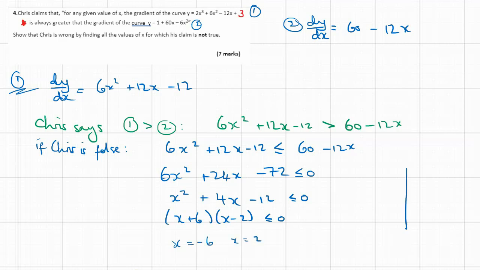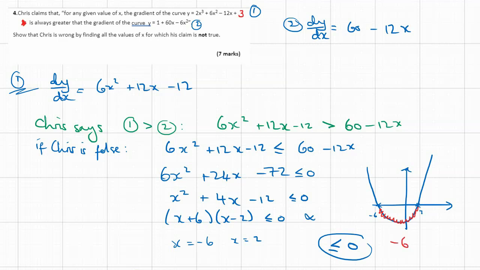I'm going to plot a quick sketch of this graph here. So we've got minus 6 and we've got 2. It's a positive graph. So it's going to go like this, and we want to check where it is less than or equal to 0. So that is going to be the stuff down here. Less than 0 on our y's. So the inequality for that